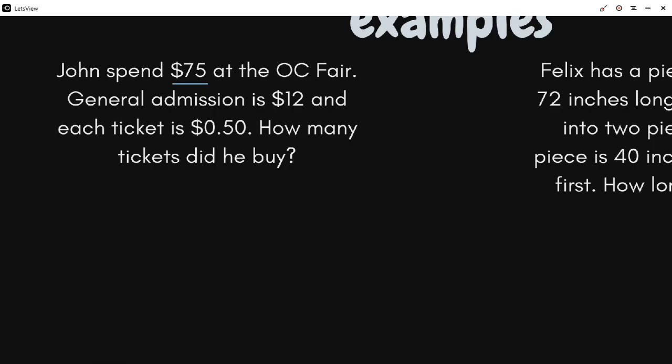So, this is his total. And the $12 for the general admission, this is a one-time fee. Like, he doesn't pay that more than once. And it says each ticket is 50 cents. So this is what he pays, like, per person. So we know that the price that he pays per person plus the general admission is going to equal the